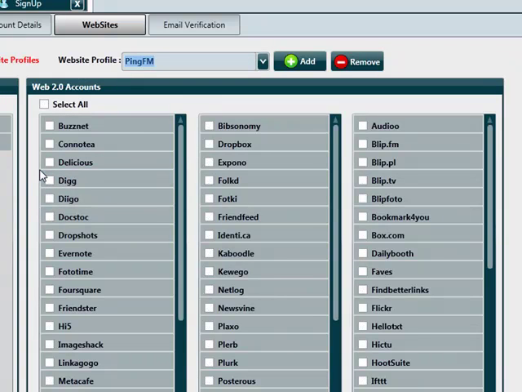And that's only when we're actually changing the name of the profile. Everything else, guys, it's going to automatically remember. So if I know Ping FM works with, say for example, Digg, Diigo, DocStoc, Dropshots, Evernote, and Phototime,